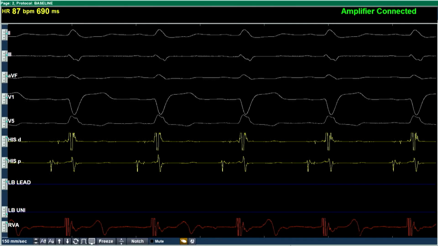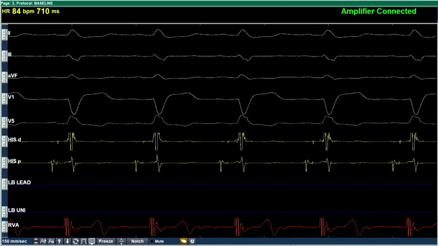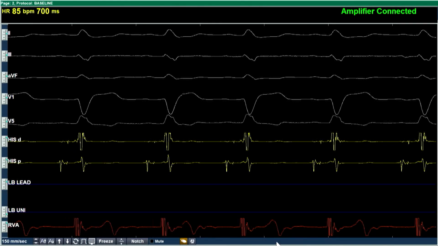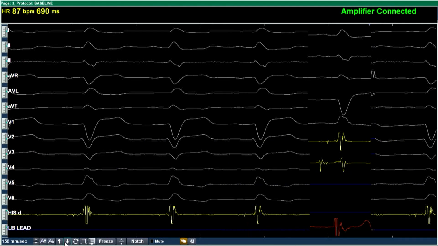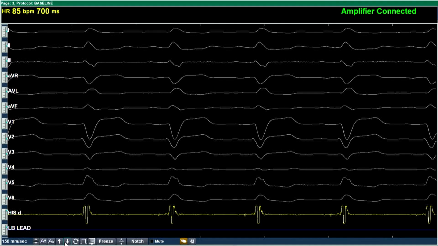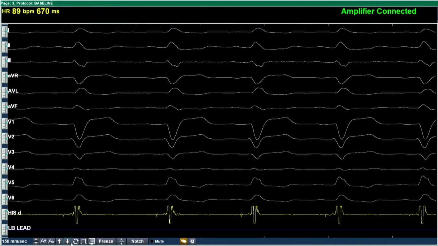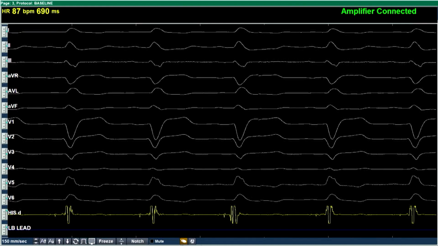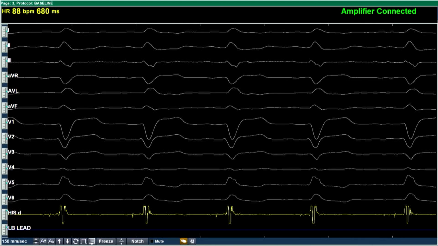So we always work in this primary page, and once we have done the implantation, once we want to measure something, then at that time you need to have the whole 12 lead. Then we'll go to the next page. In the next page, we usually set up in such a way that we'll have 12 leads, one His distal electrogram, and one left bundle electrogram. This is our setup. And for the unfiltered electrogram, we usually reverse the polarity and increase the notch filter. So that's how we usually set up the EP system for recording the tracings. So this is regarding the EP system.